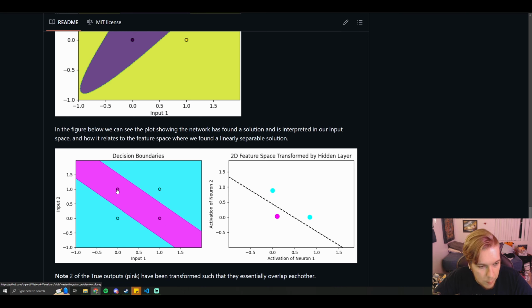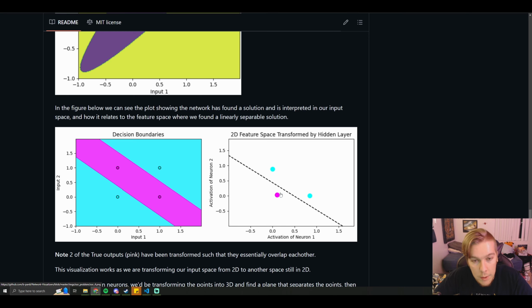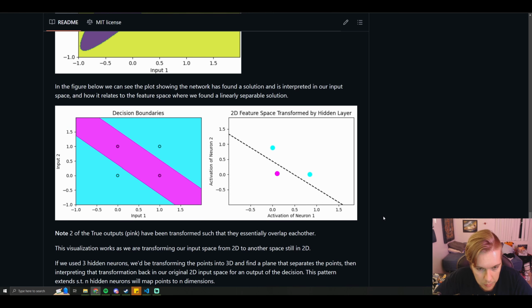So you can see here we have the pinks at 0, 1, 1, 0, but over here we only have them at kind of 0, 0. It's off by a little bit. And then we have the blues at 1, 0, 0, 1. That's because this network found a mapping, and this is the mapping that it found, where we can draw a line to separate them. And then when we interpret this back into our original input space to get an actual solution,